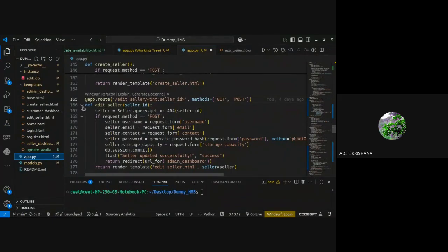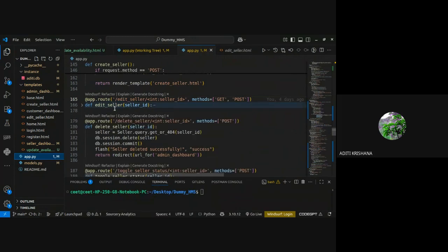Now, this was the concept which many of you were struggling with, the id thing which we give inside edit functionality and delete functionality. Also, you all have doctor and patient dashboards, right?